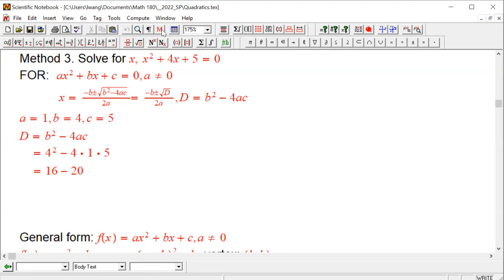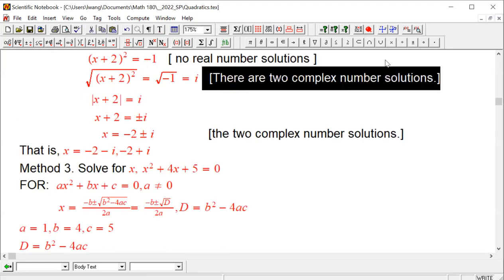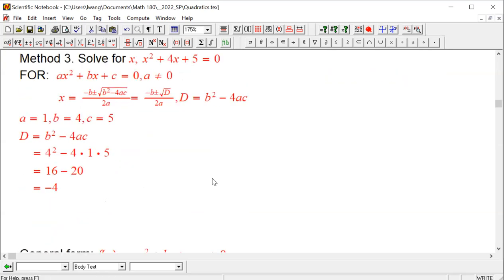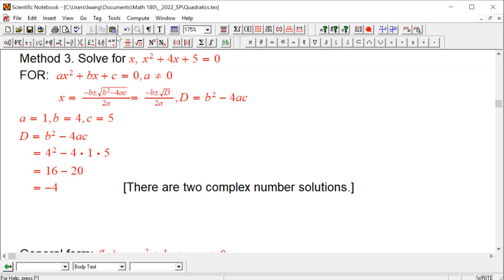Excuse me, 60 minus 20, that's a -4. This already tells us, at this moment, that there are 2 complex number solutions. We just have to get to them. Okay, there are 2 complex number solutions, and let's find them. Since we already have the D,